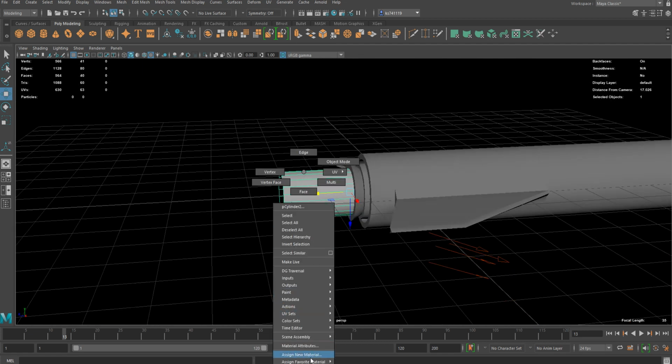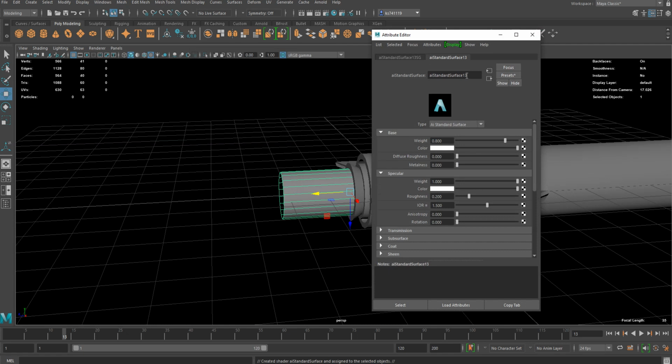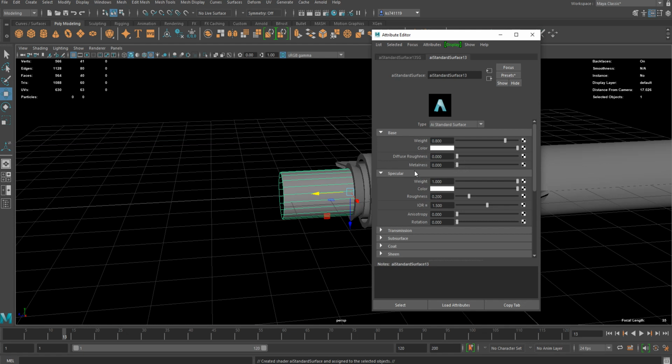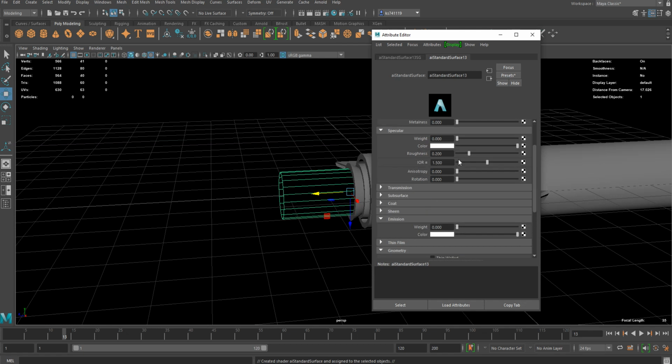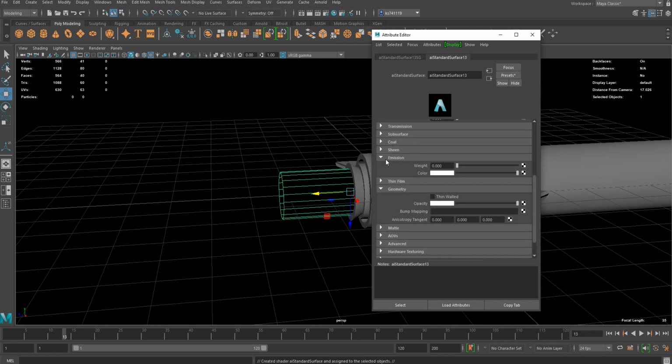So the next step will be assigning a material. And for this tutorial I'm gonna use AI standard surface from Arnold, but you could use whatever shader you want. And when you create a new material, you're gonna see these default settings, but we don't really need base and specular, so let's reduce weight all the way down to 0 for both. And what really matters is the emission and the opacity. So we can increase emission weight,